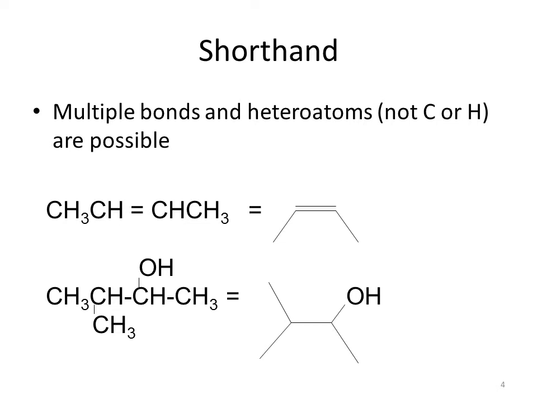We also show heteroatoms in our shorthand structures. If you look at the bottom, there are 4 carbons in a row in a chain, and we can see that we can have a line segment from 1 to 2, then another line segment from 2 to 3, and then another line segment from 3 to 4. To the second carbon, there's another methyl group attached, another carbon, so it's shown as a line segment going off. And then to the third carbon, there's another